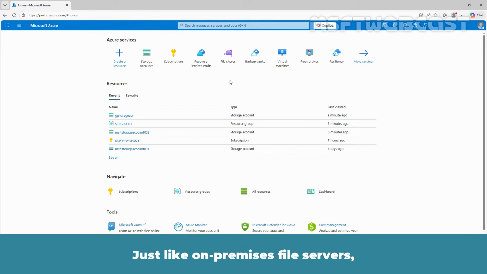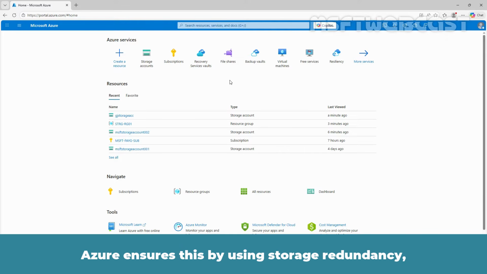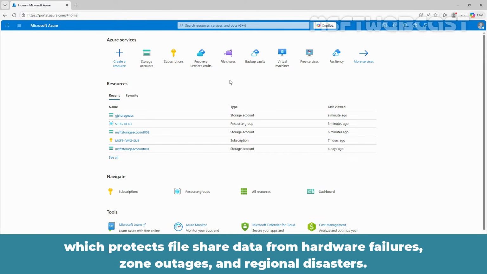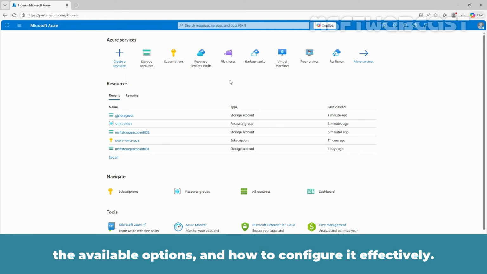Just like on-premises file servers, data availability and durability are critical for Azure file shares. Azure ensures this by using storage redundancy, which protects file share data from hardware failures, zone outages, and regional disasters. In this video, we will walk through how Azure file share redundancy works, the available options, and how to configure